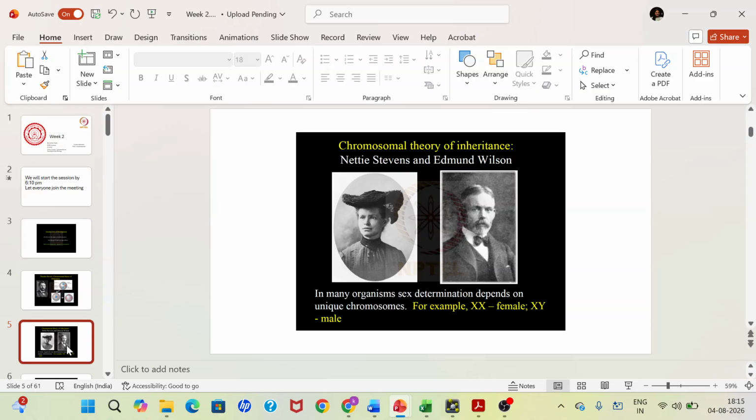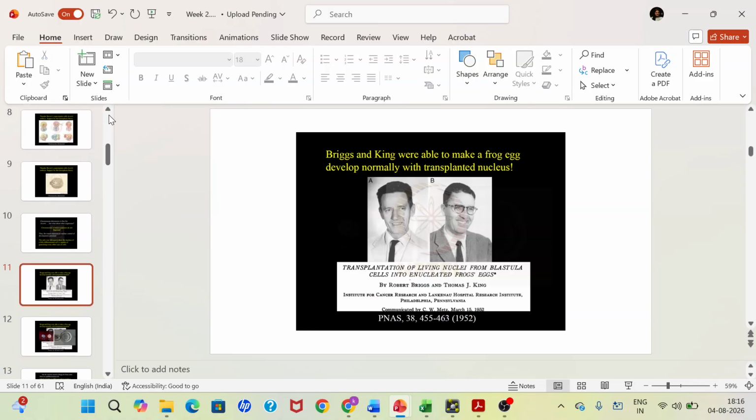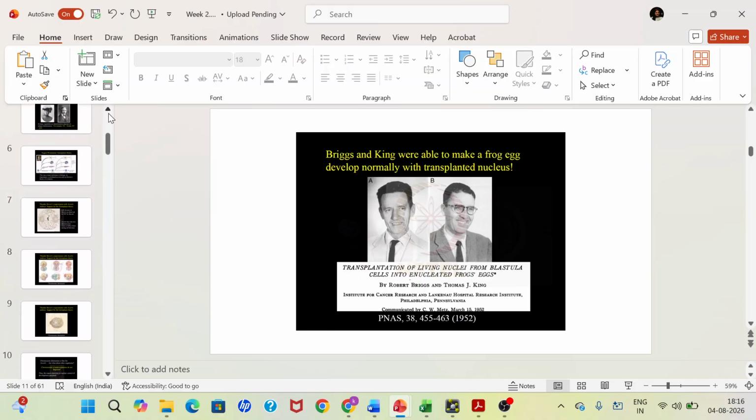So what is that? That is the sex chromosomes, that is XX in case of females and XY in case of males. That was the extension of the chromosomal theory of inheritance, which was proven by Nettie Stevens and Edmund Wilson. Okay. Next was,